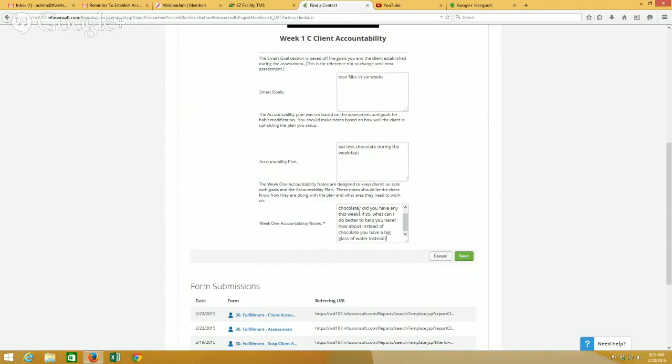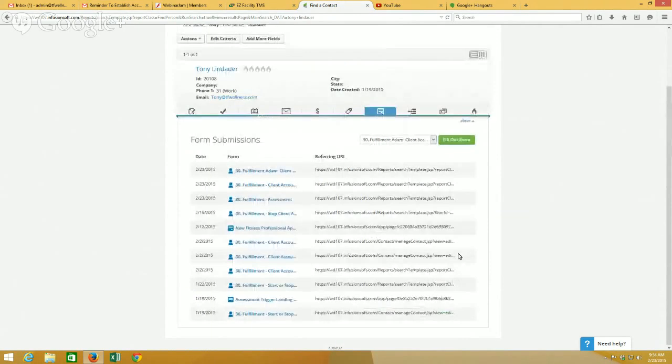Well, this is where the feedback comes in handy. Maybe I give them a tip that drink a big glass of water instead of the chocolate, right? Or ask them how you can help more so that they don't go for the chocolate, or tips that you can give them so that we can get to this goal up here. That's what this system is all about. I save it. That sends an email to the client that gives them that feedback,